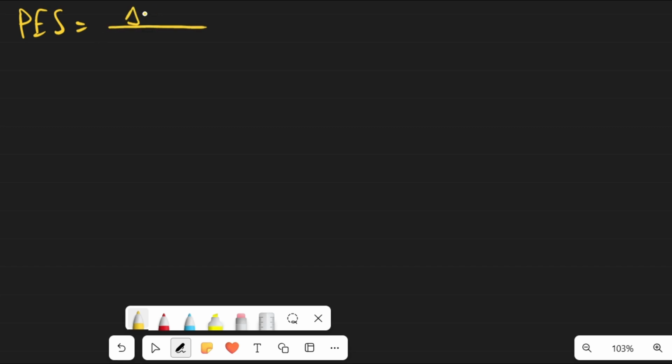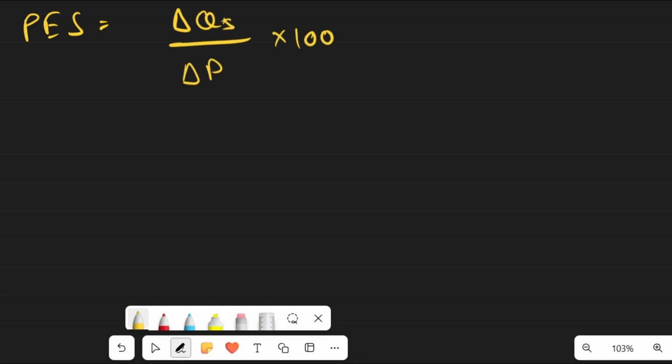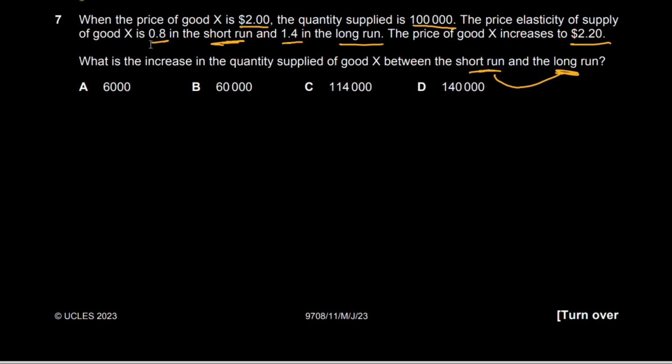It is the change in quantity supplied over change in price multiplied by 100. So if we restructure it, then it will be something like this. Percentage change in quantity supplied is equal to our PES multiplied by our change in price. First of all, we will write down our PES formula. PES is the change in quantity supplied over change in price multiplied by 100. The question was, what is the increase in quantity supplied of good X between the short run and